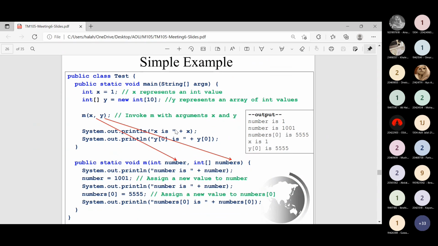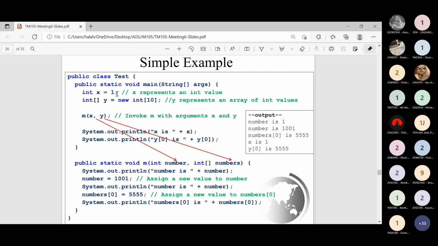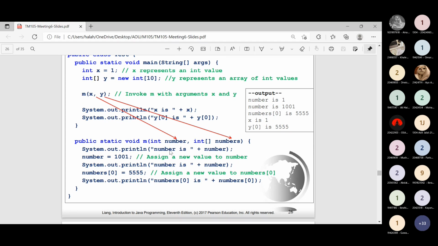So this is an example. We have a variable x equal to 1, and we have an array y to hold integer values, designed to store 10 elements. If we want to invoke method m with arguments x and y, basically the first argument is supposed to be an integer number. Then the second parameter is supposed to be an array holding integer values. So this is how we invoke it from the main program. x is supposed to be an integer value, which is equal to 1. y is basically an integer array with 10 elements. Inside the